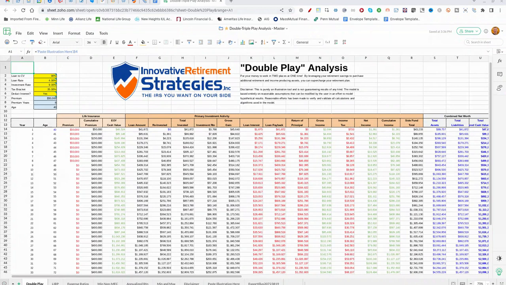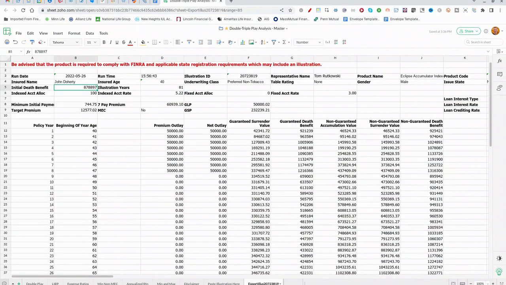So I'm just going to jump over to the last tab in here. This tab is labeled Export Illustration at the bottom. This is the raw Excel output from certain insurance companies' illustration software. And the entire model is built to work off of this. So if you want to update the numbers in the model, you would need to type in or overwrite the data that are in this sheet right here, or at least create a substitute set, because what I do with this is I simply make a copy of it